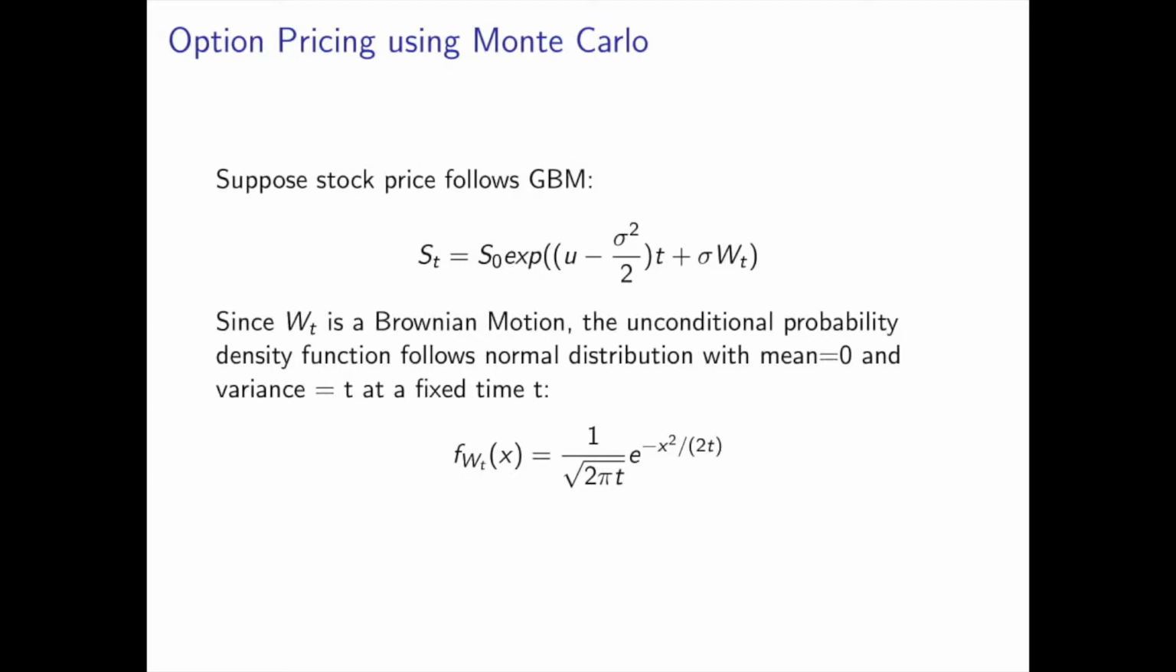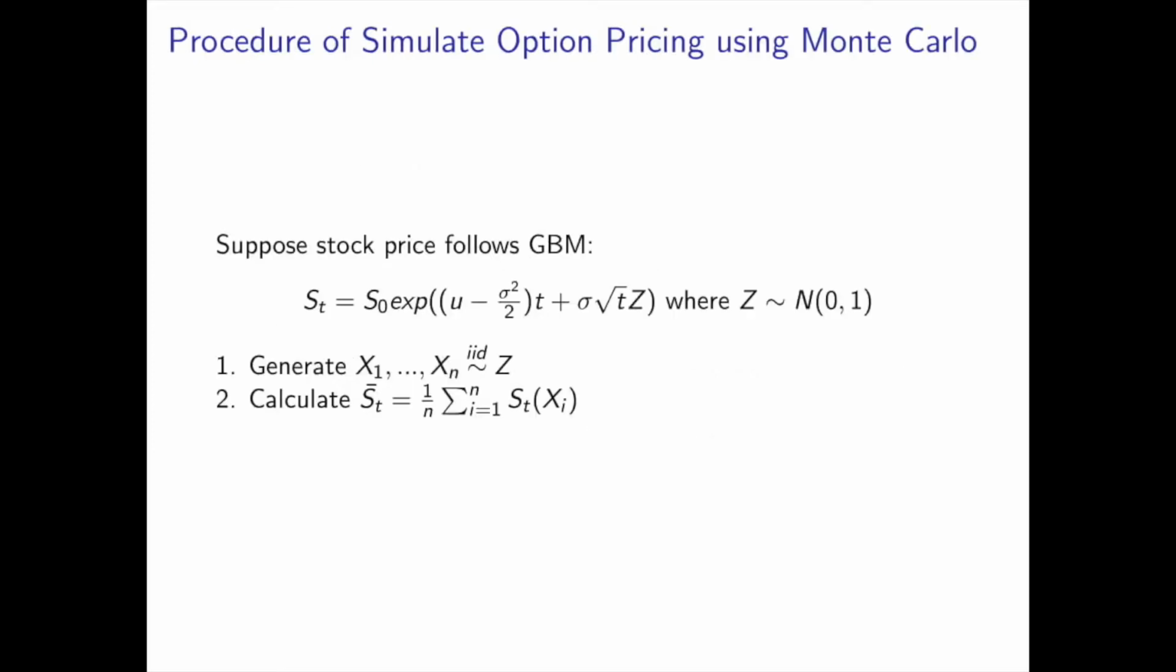We noticed that Wt is a Brownian motion. Thus, the unconditional probability density function of Wt follows a normal distribution with mean equal to 0 and variance equal to t. Thus, we can rewrite the Wt term as square root of t times z, where z follows the standard normal distribution. Then we can begin to model the stock price by using the Monte Carlo method. The first step is to generate n random numbers from our standard normal distribution Z. Then we can calculate our corresponding STs and use the mean of STs as an estimator for the expectation of